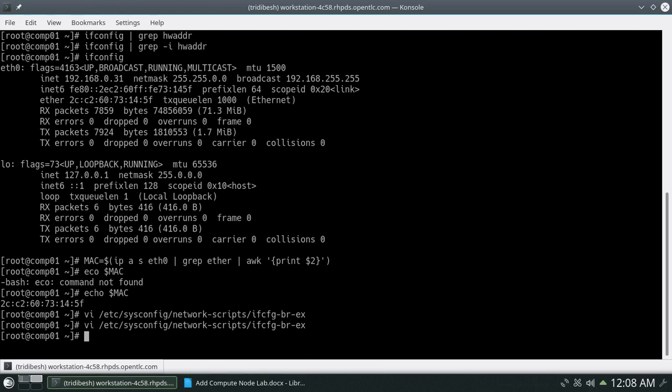You also need to modify your eth0 file. It's in /etc/sysconfig/network-scripts. Let's first take a backup of ifcfg-eth0. We'll move it as ifcfg-eth0.bkp into my home directory, that is the root directory. So let's move this. It's been moved.